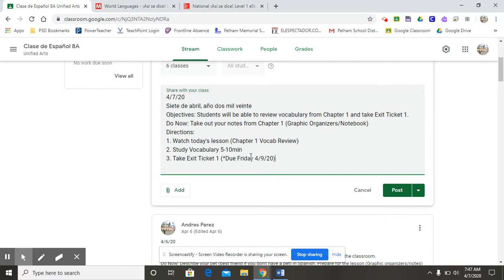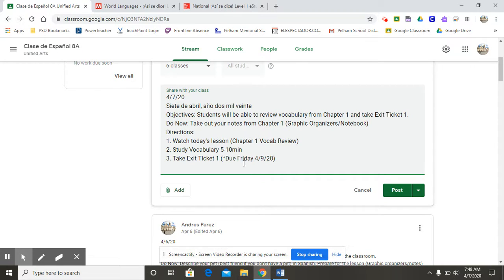Okay? I'm going to start giving these exit tickets. I will give you about 3 days to complete them because they're not very long. Okay? If I see that you need more time, if I start getting a lot of feedback saying that you guys need more time on them, I'll consider that. But for now, the exit tickets will be due 3 days from when they're posted.